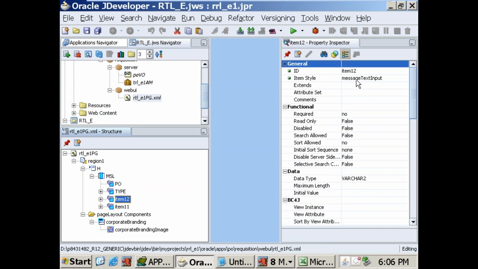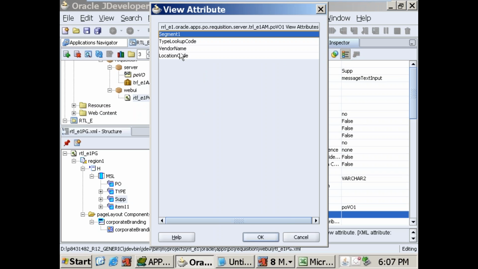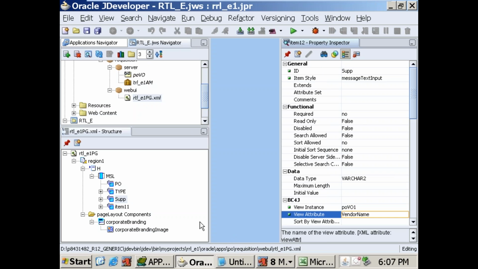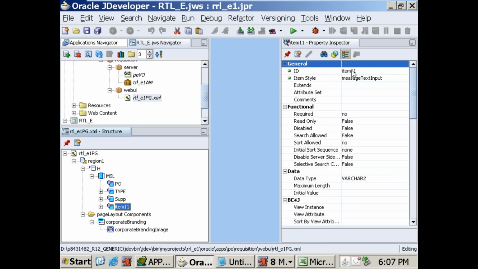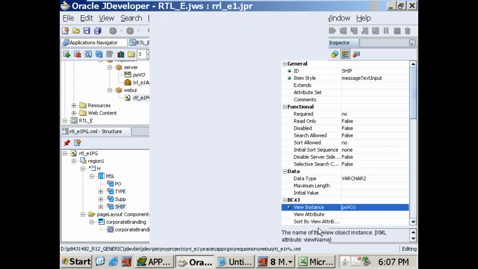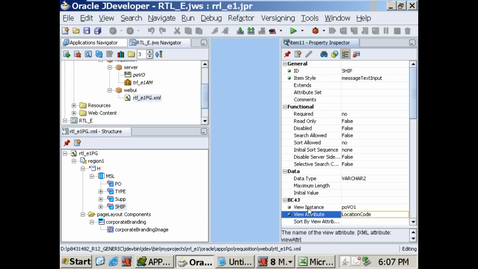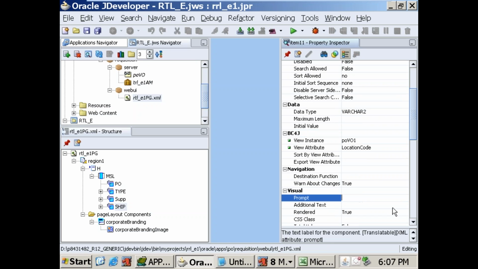Next, third. What is the third one? Supplier. View instance, view object. Fourth one, ship to. View instance, view attribute. Like this, we will go for mapping. Same thing we have done in the reports, one property source, but here too, for every